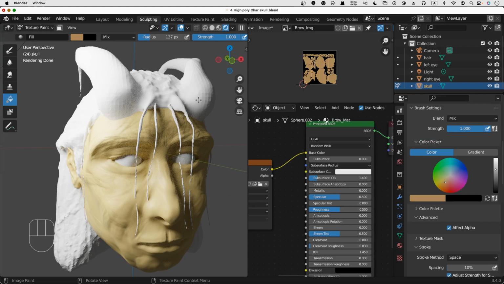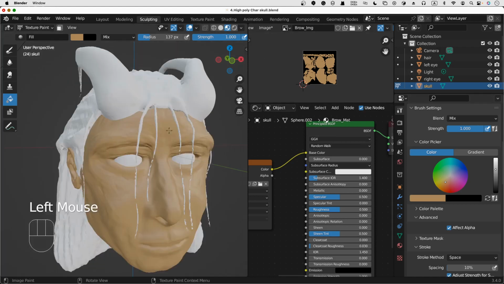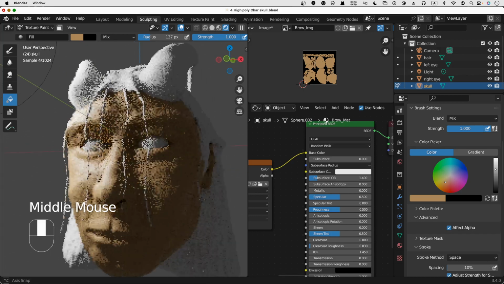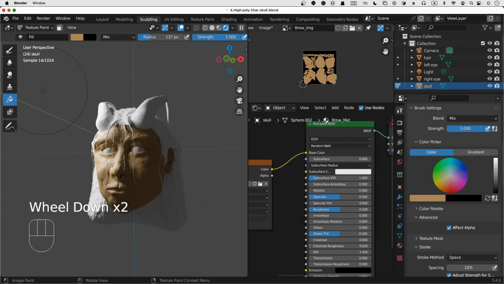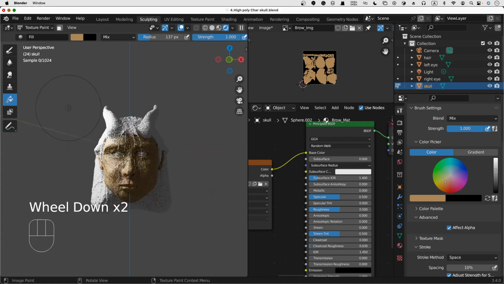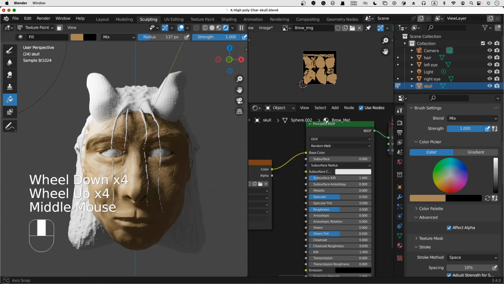So let's just wait a few seconds. I don't think that changed much, so let's render that again. This is more like a real life scenario. You got this color scheme,